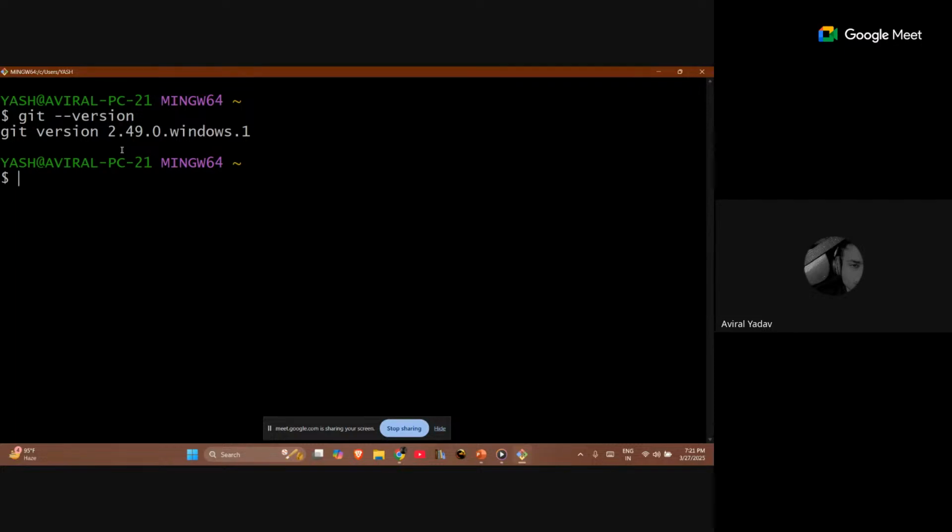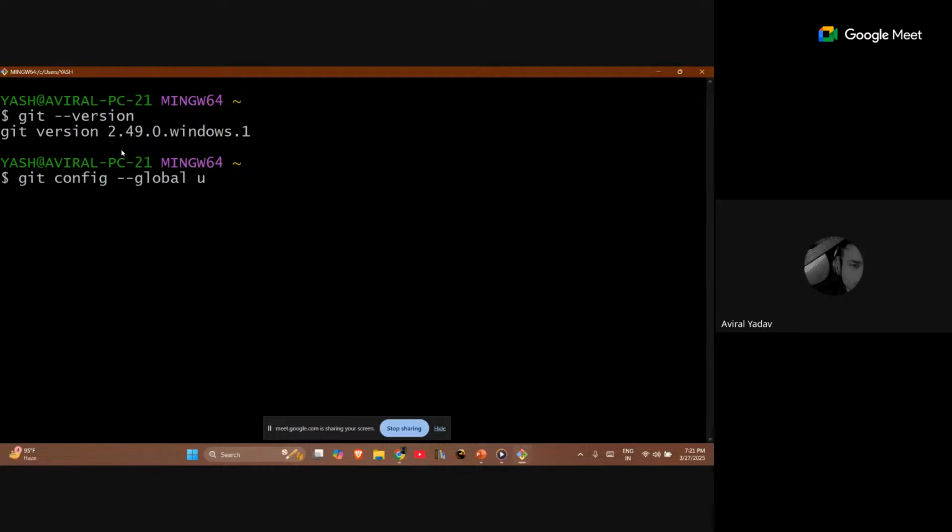You can do it by simply typing the command git config --global. Now, if you have multiple GitHub accounts, you can use local. But if you have a single account and you don't want to carry on with it for a long period of time, you can use global. I'm associating with global only.